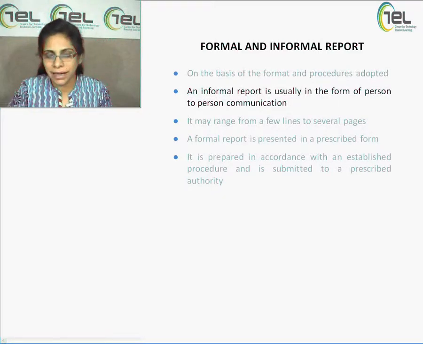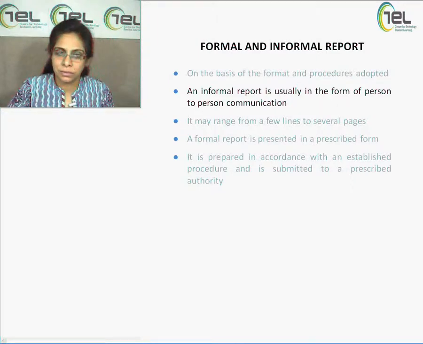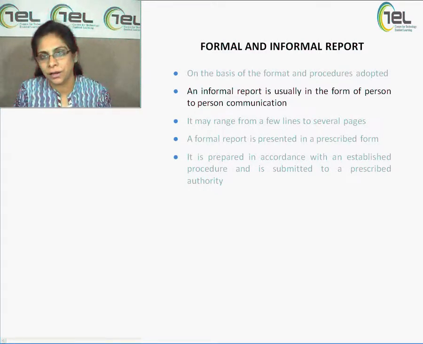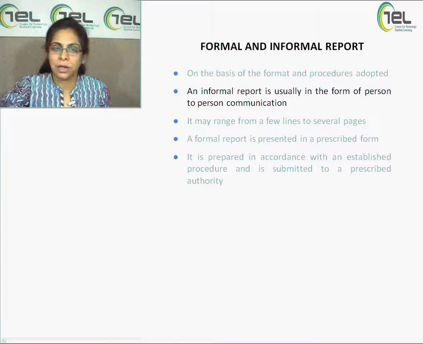An informal report is usually in the form of a person-to-person communication. You do not present it; you may write down a few points. If it's a written informal report, you just jot down a few points and submit it to the person: these are the points you need to take care of, or this is going to happen in this sequence. But formally, when you have to write, you have to follow a set format,